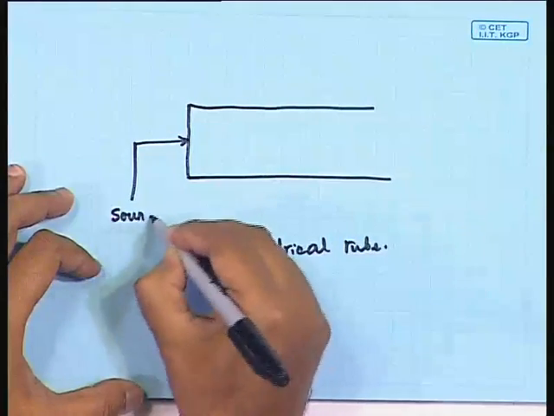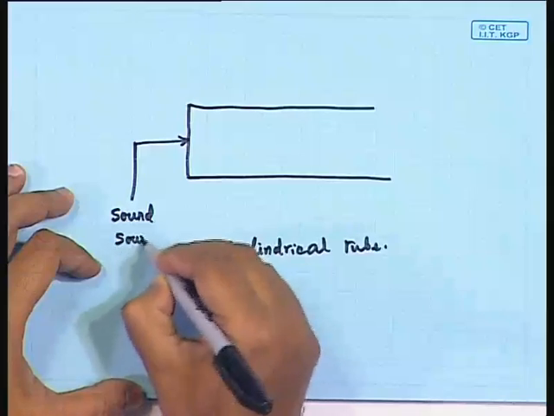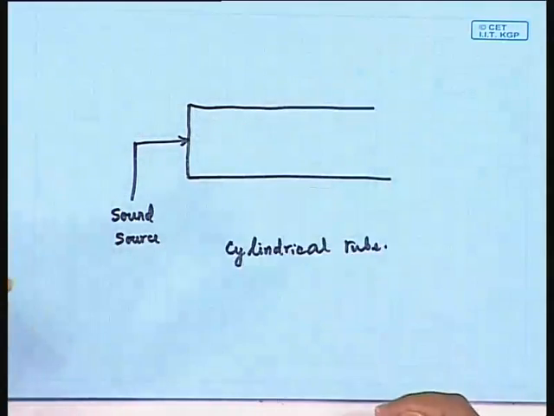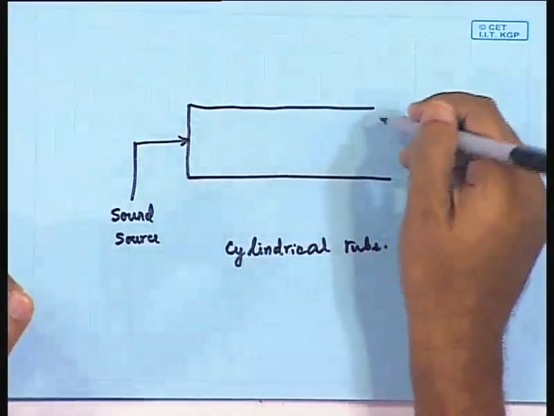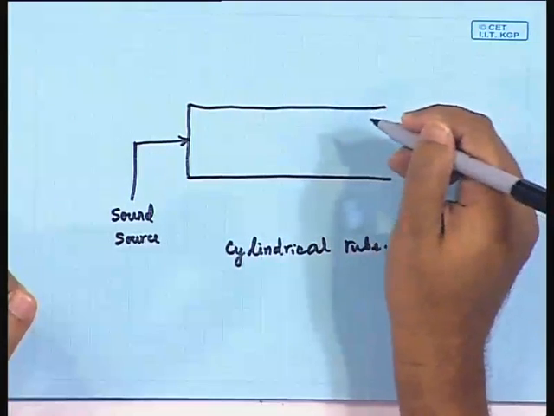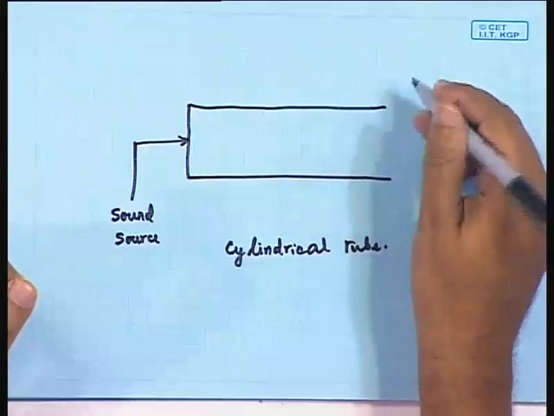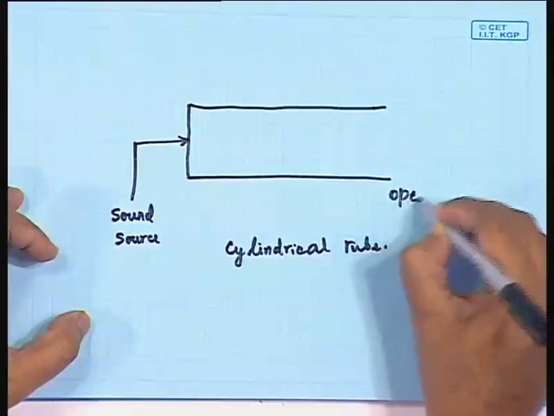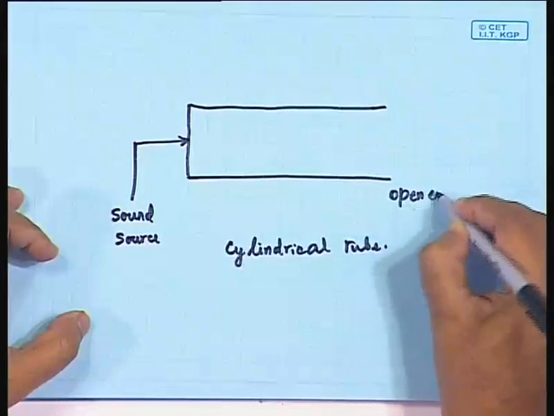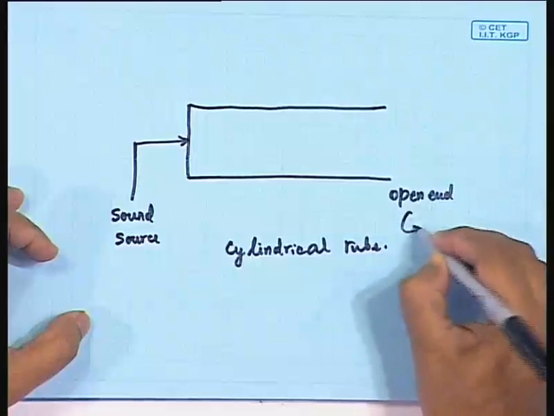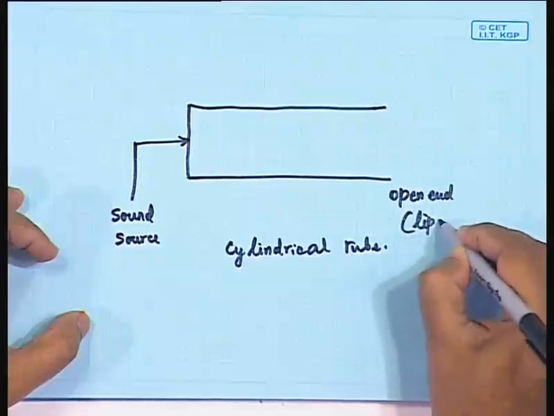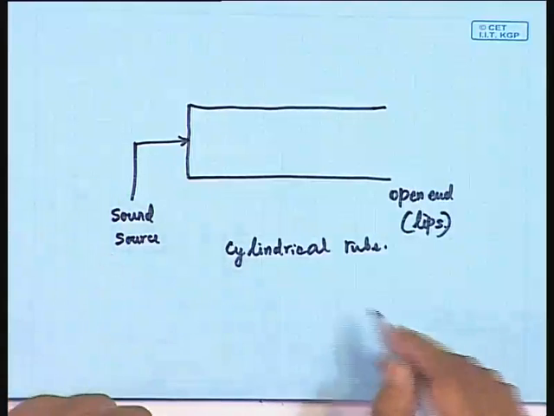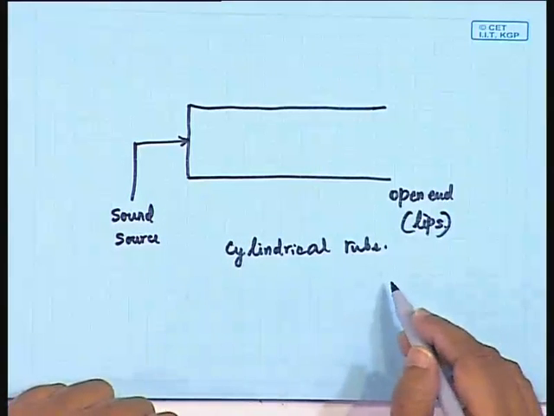So we have the sound source, or rather the excitation is produced on this wall, and we can say that this end is open. So you can assume that we have an open end, that is, at the lip end we have the opening, and this being a cylindrical tube,